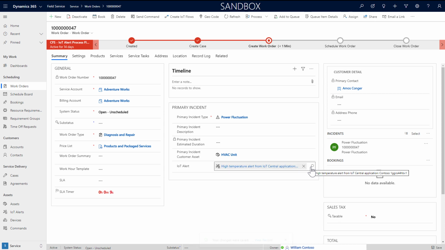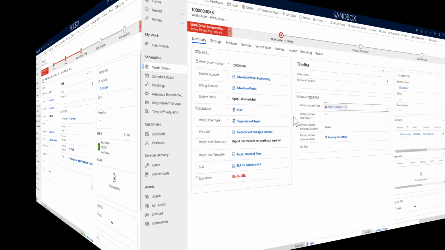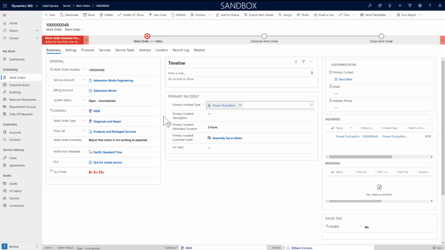Beyond these examples, work orders can be created from customer phone calls, emails, web portals, from other systems, or even just manually. However work orders are created, they will first have a status of Open-Unscheduled, meaning they haven't been scheduled to anyone yet. The Work Order Summary tab holds basic information like who the customer is, what type of work